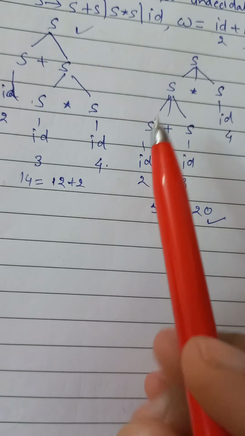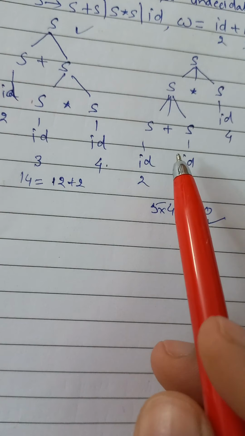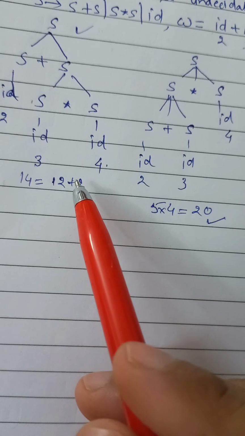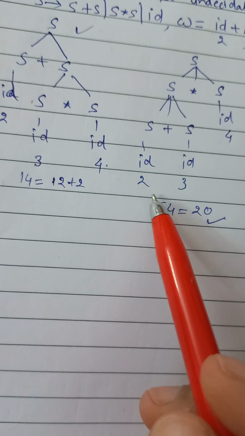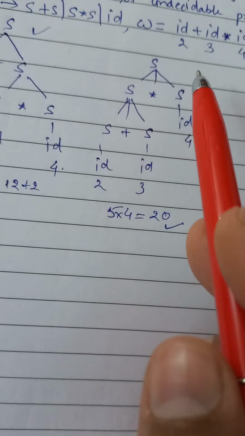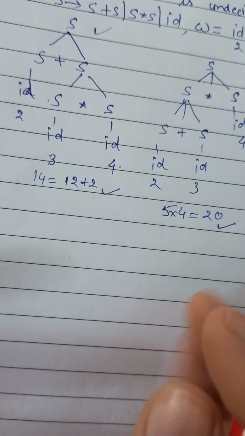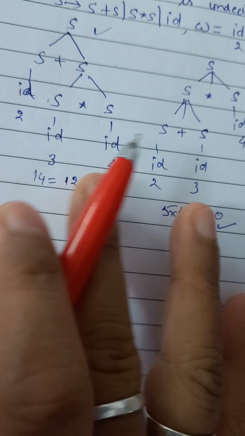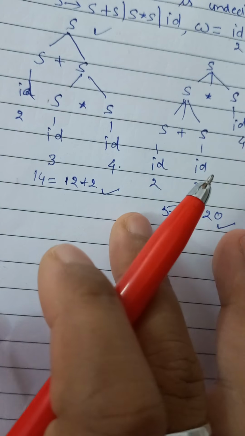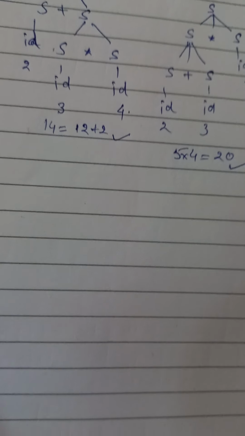That's why we say that if we can make more than one parse tree from one grammar, then the grammar is ambiguous, because every time we make a different parse tree, we get different values while the string is the same and the values are the same. We can prove with this that if we can make more than one parse tree for a particular string, then the grammar is ambiguous. I hope now it will be clear.